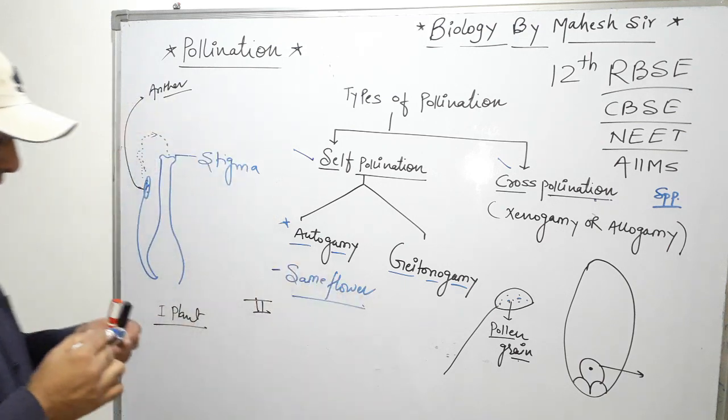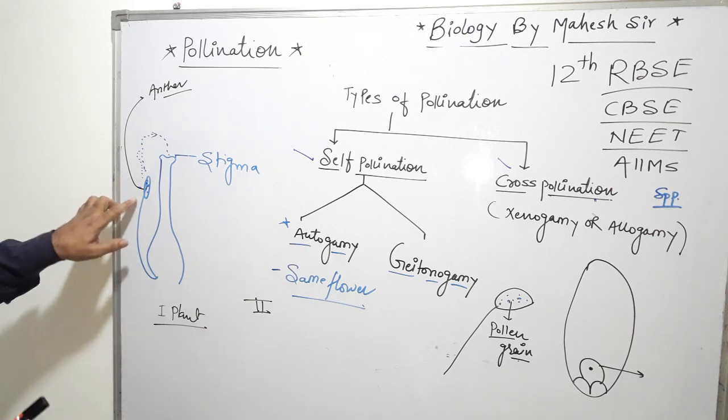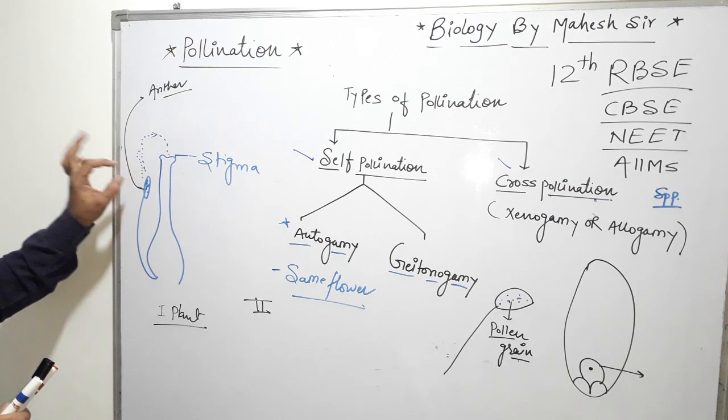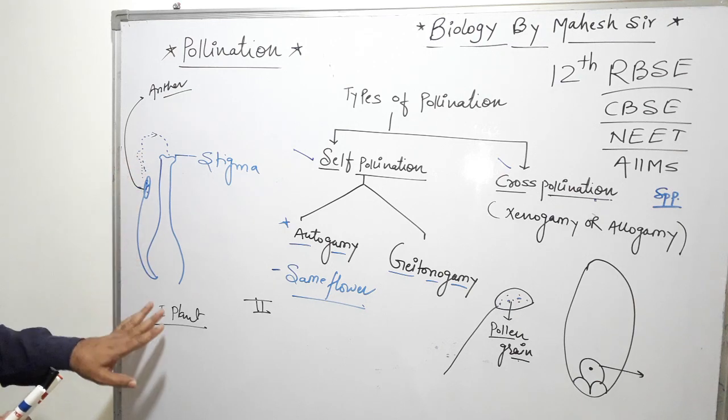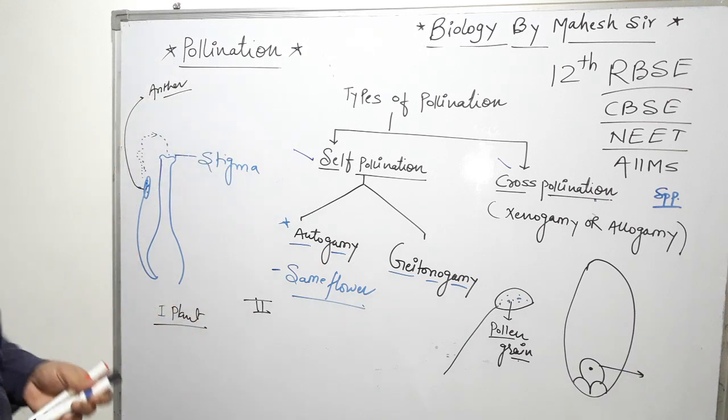Same flower of same plant. That time it is called autogamy. So it is autogamy. Clear? So in this case, the pollen grain travels from anther to stigma of the same flower. Now geitonogamy means the transfer of pollen grain